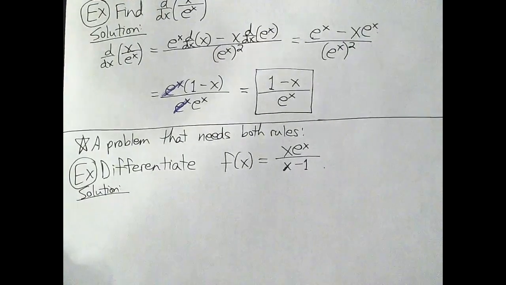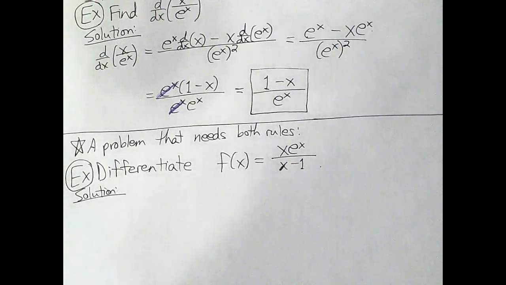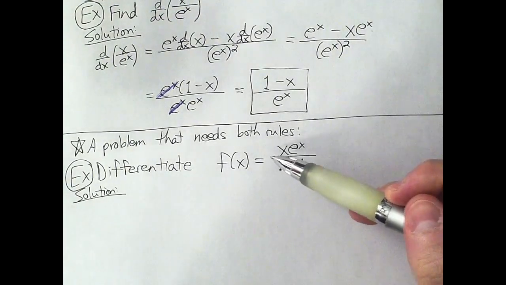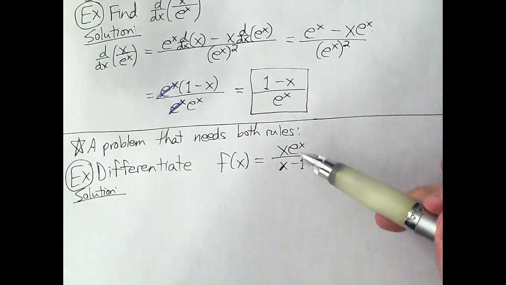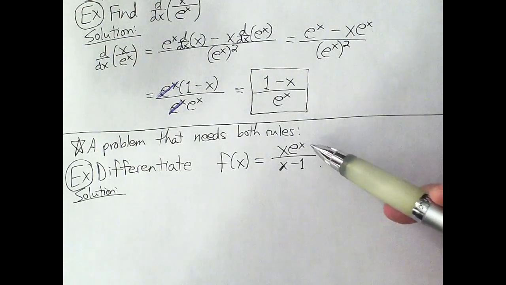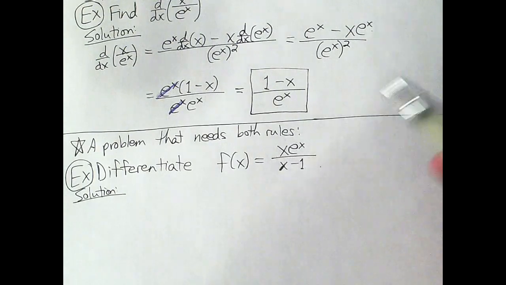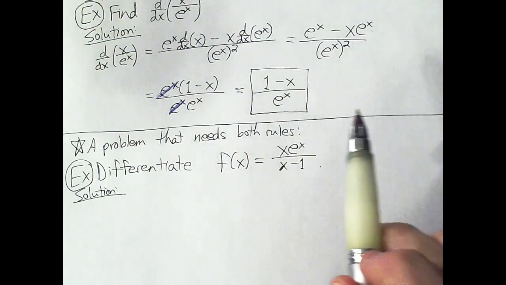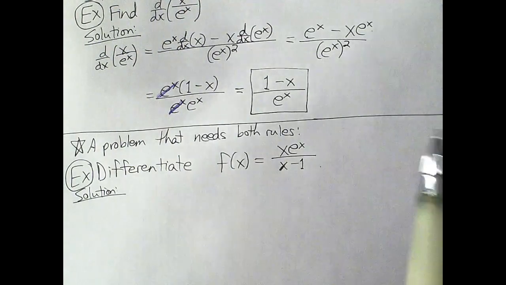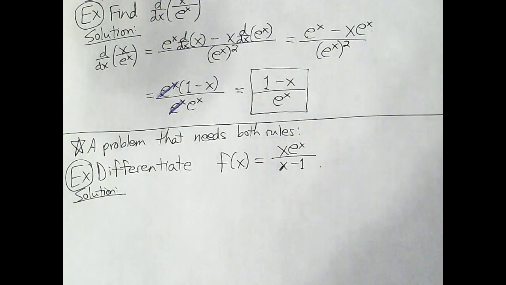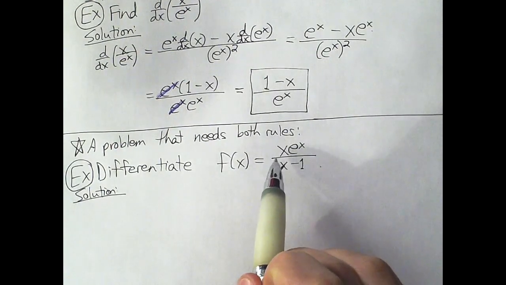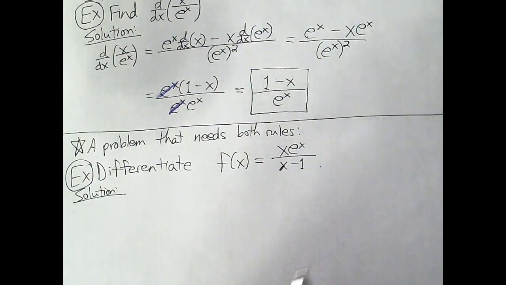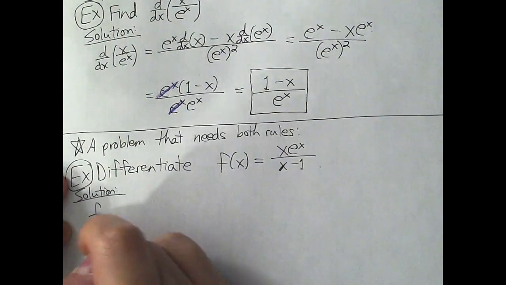So I'm saying this is going to need both rules because it looks like it's a quotient. I mean, there's the quotient bar, so it's definitely a quotient. But look at the numerator. The numerator looks like it's a product of two things. So which one do we do first? The truth is, you could probably rearrange this problem to do it in either order if you did it carefully. But I think what I'm going to do is say, I see a quotient bar, and I'm going to think of this first and foremost as a quotient. So quotient rule first